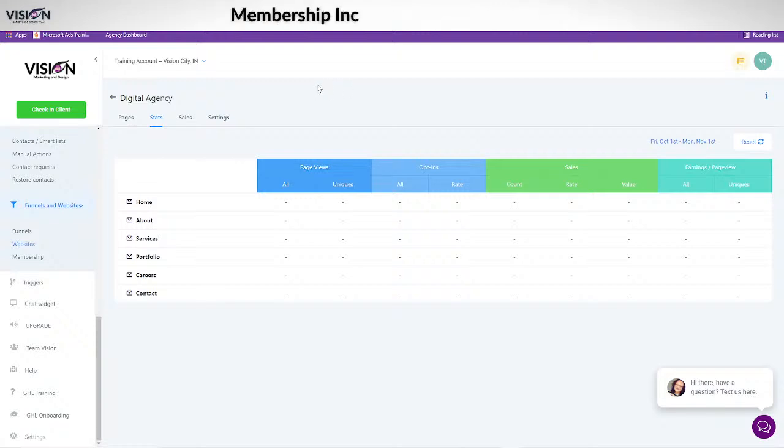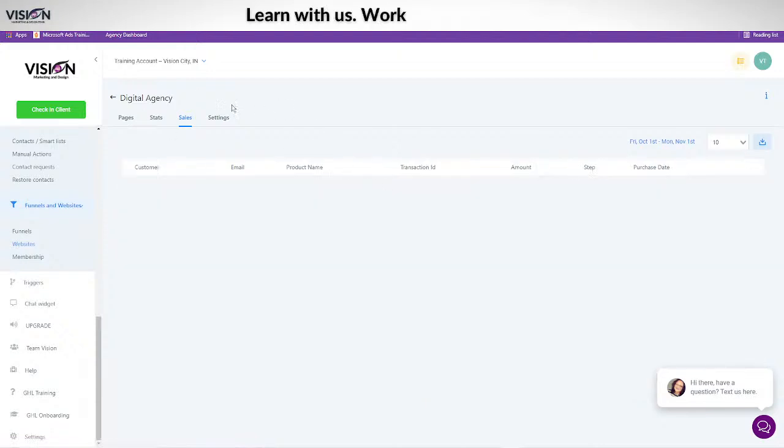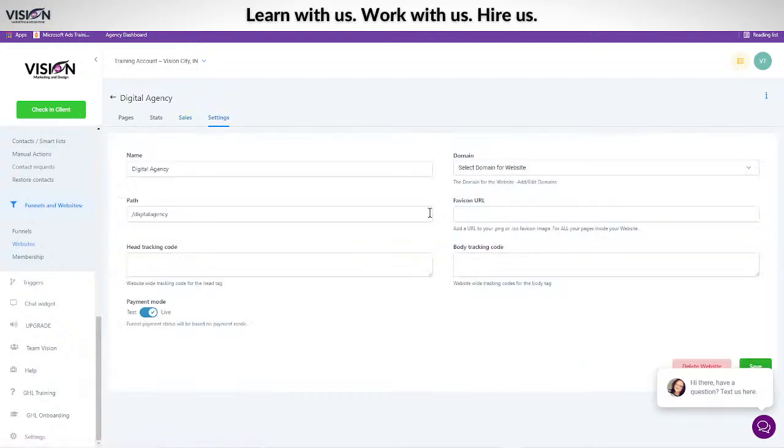There's also a whole community of HighLevel users who are looking for people to set up their systems. So tons of income potential. You also have your sales here of any products that you've created, and then of course the settings for your whole website. So if you want to connect your domain, you'll be able to choose from a drop down menu here. And how do you set your domain? You go to settings and you'll see up here domains.